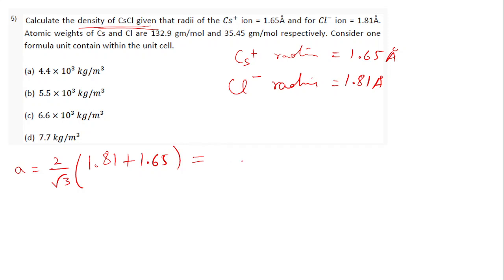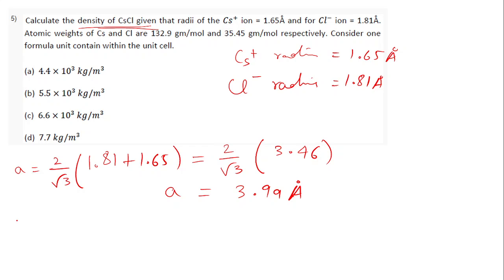So when I do the calculation, 1.81 plus 1.65 means 3.46. Further, we get 3.99 angstrom, because the radii are in angstrom. So this is the lattice constant. So the volume